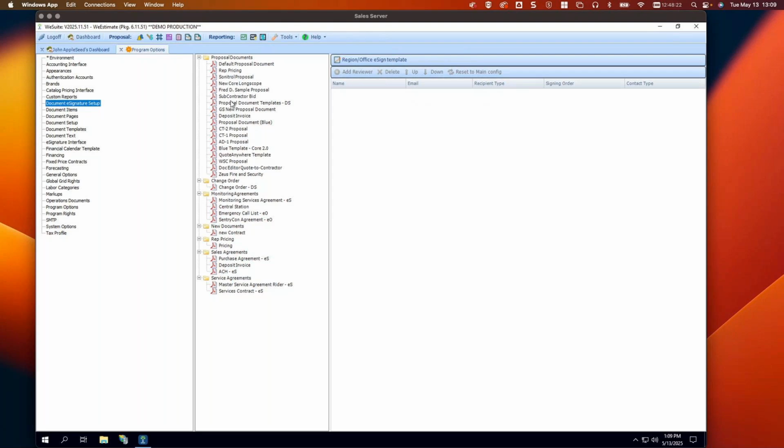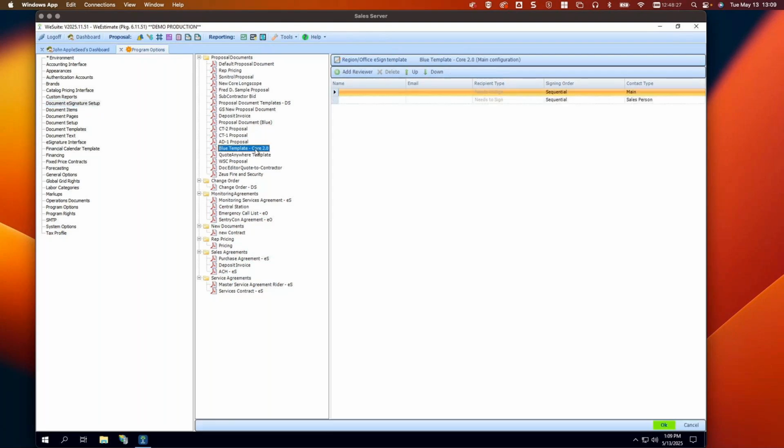So for instance, if I'm going to take a proposal, what I can do is I can have my standard set of rules where, as an example, this proposal will always be sent out to the main contact, and then the salesperson would get a signature or an invite to sign after the main